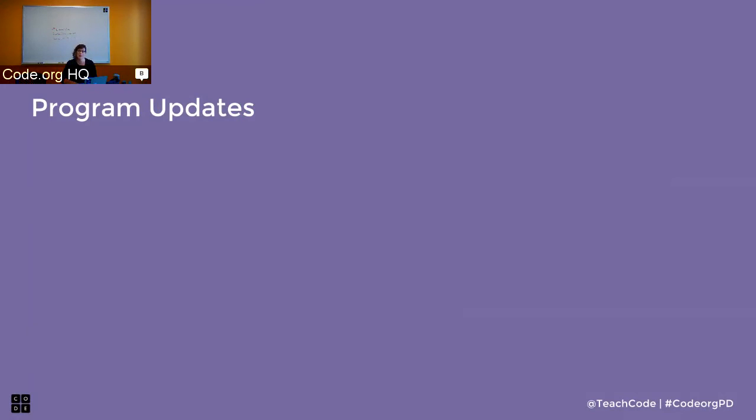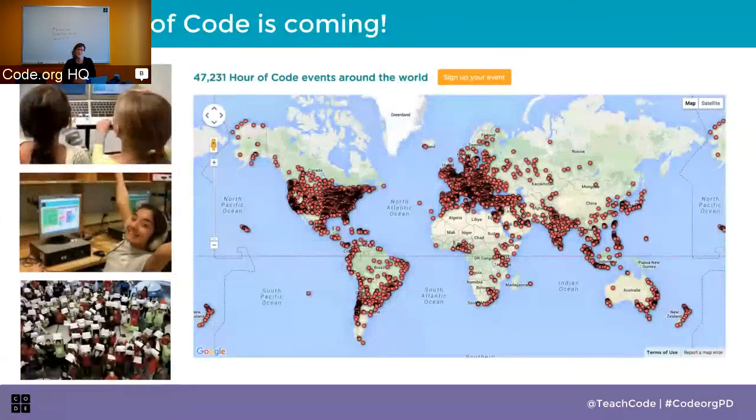I'm just gonna move forward with some program updates from Laura, and then we will have some time for discussion at the end. So on the theme of differentiation and how you can push yourself and push your students, just a reminder that the Hour of Code is coming. We've had almost 50,000 educators around the world sign up this year already to host an Hour of Code. And many of you probably have done Hour of Code in past years or have signed up for this year. And this is just a really exciting way to build awareness in your community about computer science, get kids excited, get teachers and parents and community members excited.